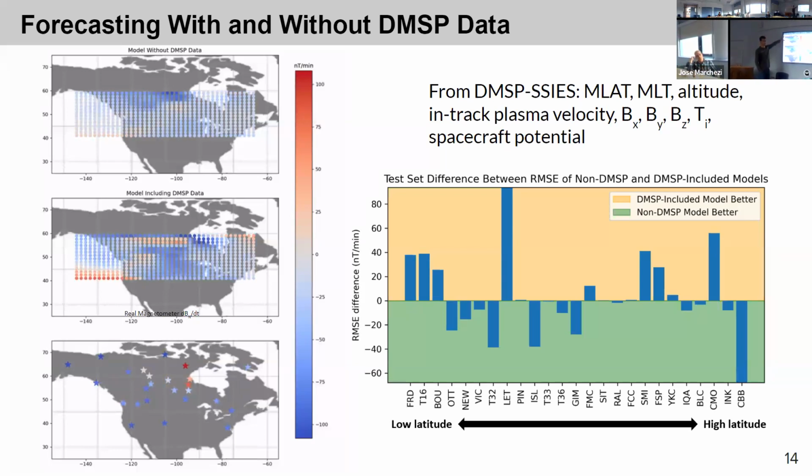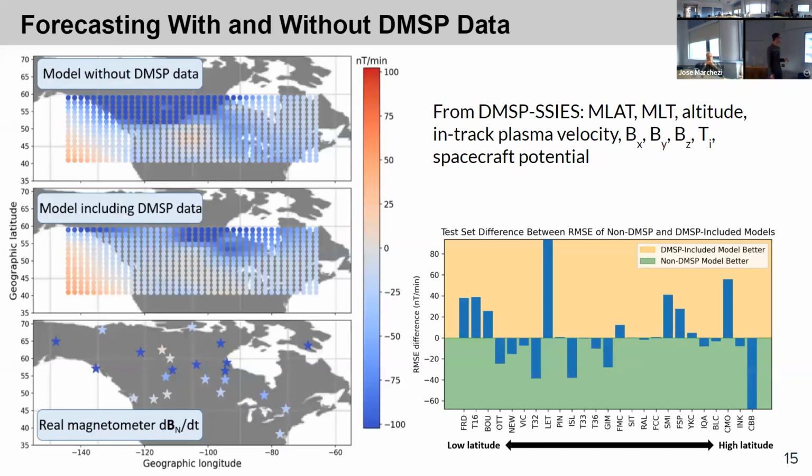The top here is the model without it. The middle here is the model with that DMSP data, and the bottom here is what the actual magnitude is measured. There's a lot of cutting out here because the data doesn't always exist. To freeze frame it here, it looks like the difference between the two models in terms of performance is not conclusive as to which one is better. This is the RMSE, the root mean squared error difference between the two models in terms of how well they predict each station. However,